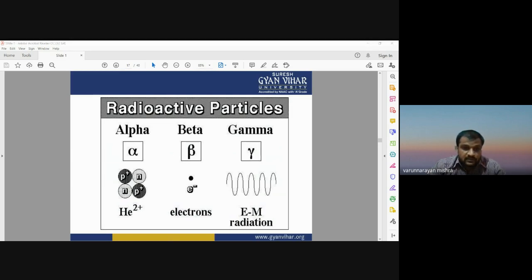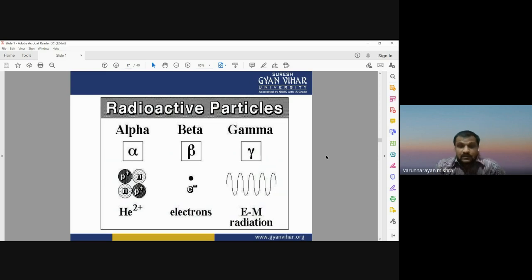Also we have discussed that during the radioactive process there is a release of energy. That energy may have different kinds of particles: alpha particles, beta particles, gamma particles, and gamma rays. So alpha, beta, and gamma particles may be released during the radioactive process. And it is very important to know that depending on the process of radioactivity in a specific element, we may have different numbers of alpha, beta, and gamma particles.